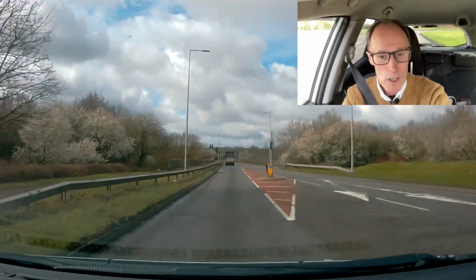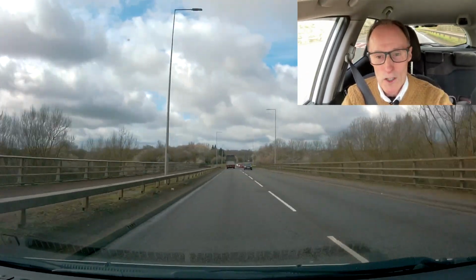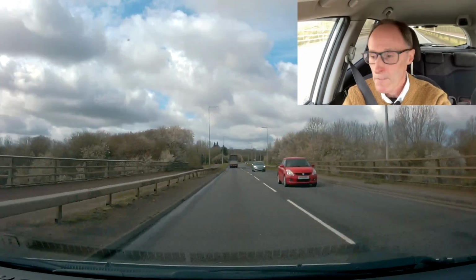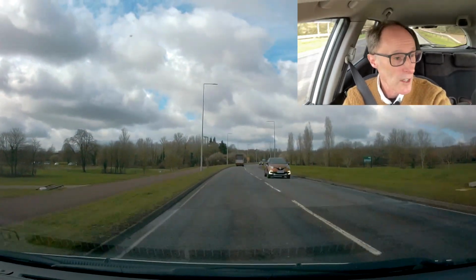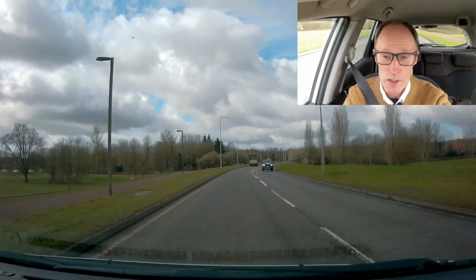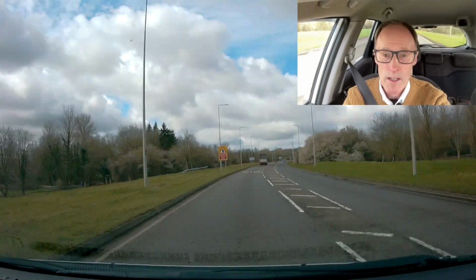We're going to do a right turn into a different area. And the thing is, this is what's running through your mind all the time. Always give yourself things to do. Because if the examiner's saying nothing to you, then there's things to do, like check your mirrors, check your speeds, check your gears. So right turn coming up, there it is, there's a white sign telling me, it says Woolstones,